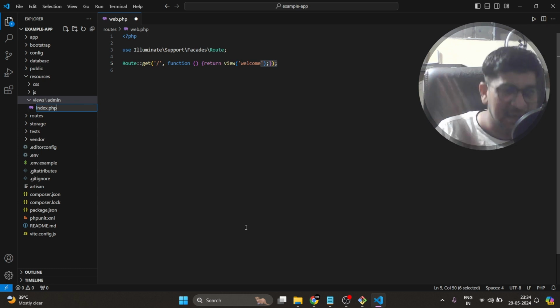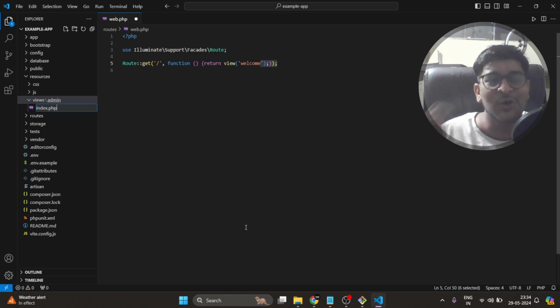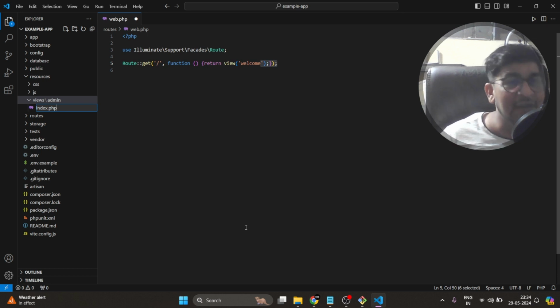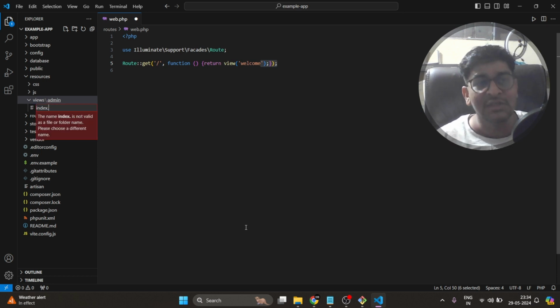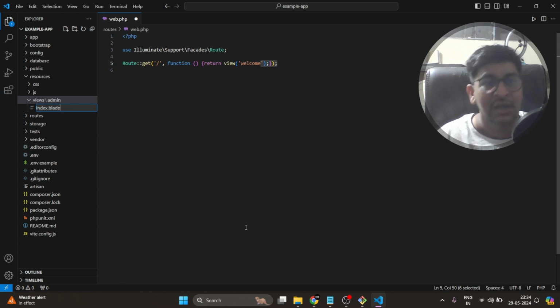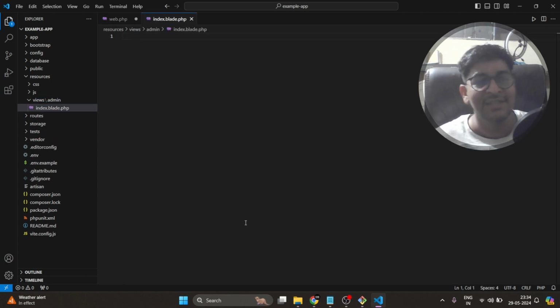You should create this index.php file, write some code inside it, and try to understand what happens when you do this without blade and when using blade. That is the important part. If you are a developer and going to become a good developer, then you should understand these things.